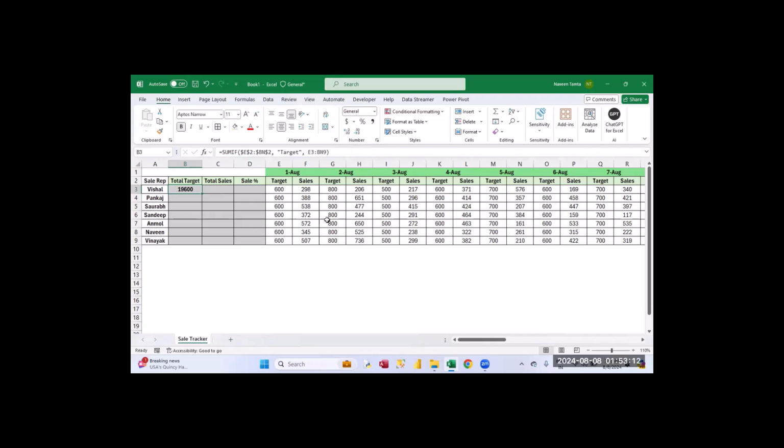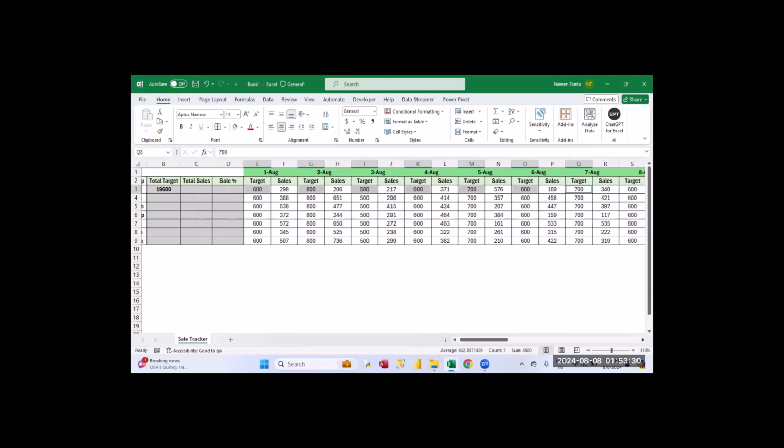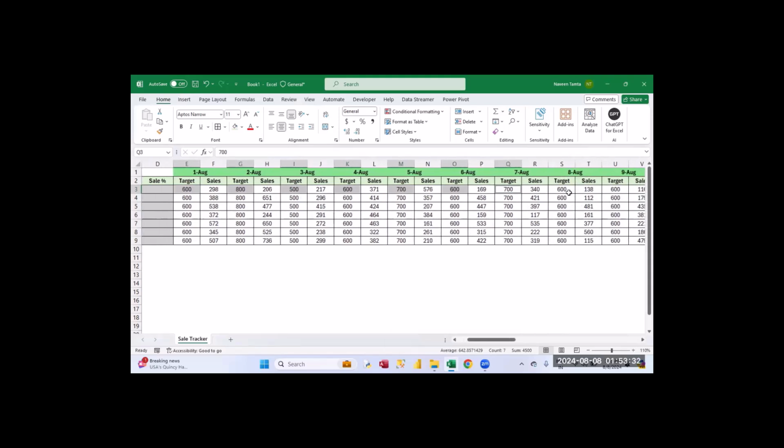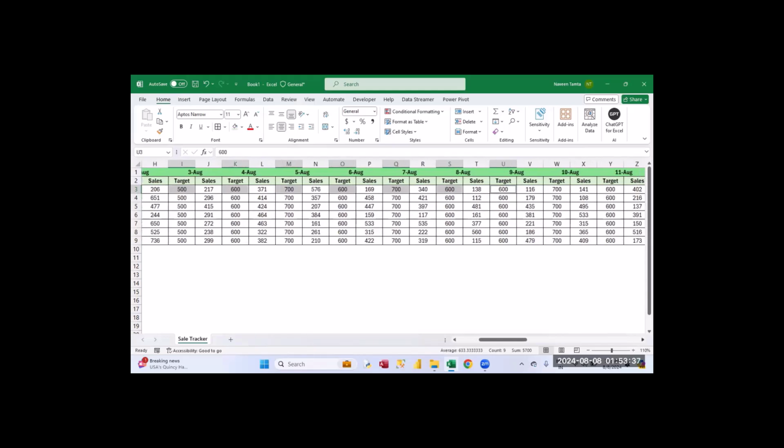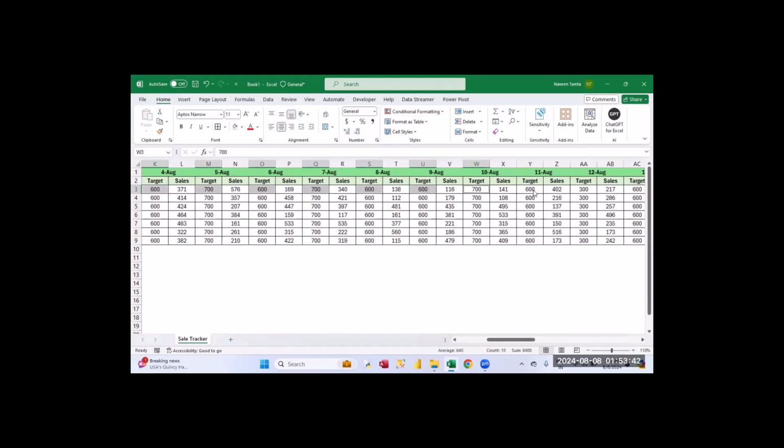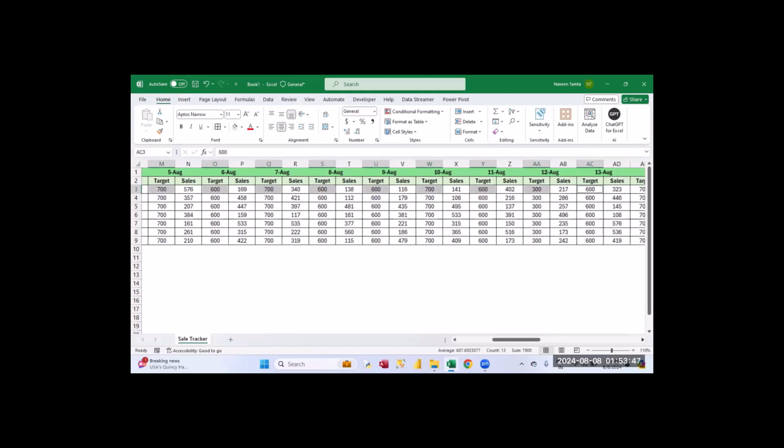So in this case, I want this to be validated. So how we can do this? I will press control and then I will one by one select the target. So I have selected this, then the target of this, then 500, then 600, then 700, then so I am just selecting the target only, just to show you the validation. And make sure you have pressed control while doing this activity. Okay, so I have selected till 13th of August.